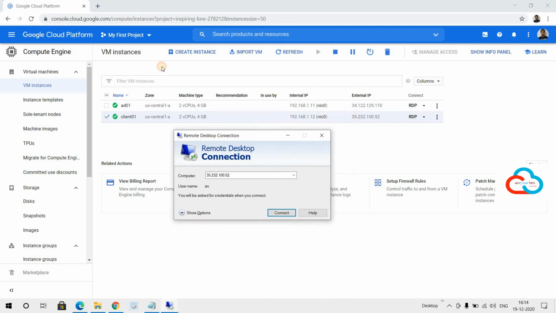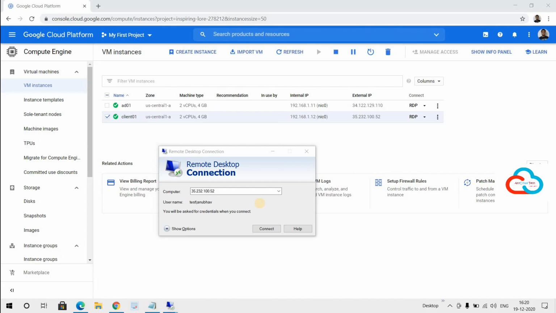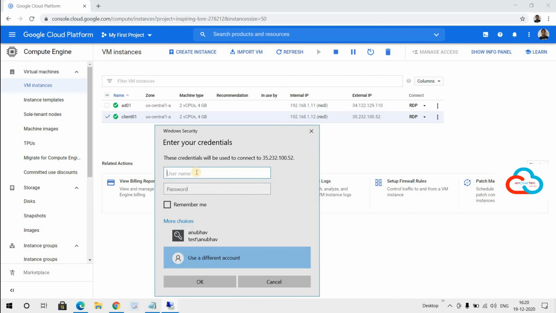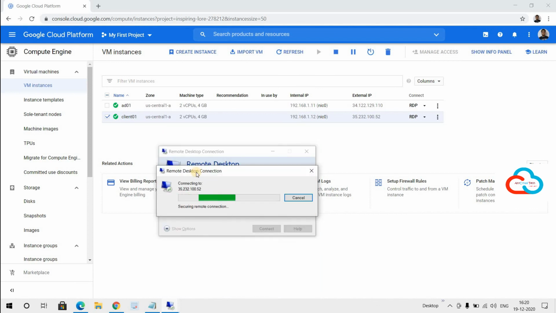Okay, so the machine is up. So guys, client machine is ready now, and you can see it is in green mode, so it means we can take the control of this machine. You can go into more options like different user and type here test. This is our domain name, user ID, and then password, and you will be on the machine very soon once this configuration session is set up.